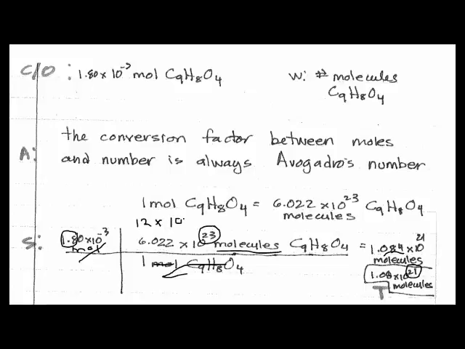So my final answer would be on the order of magnitude of 12 times 10 to the 20, because negative 3 plus 23 is 20. And then if I put that in scientific notation, I make this value smaller, so I've got to make this value larger. So 10 to the 21 may